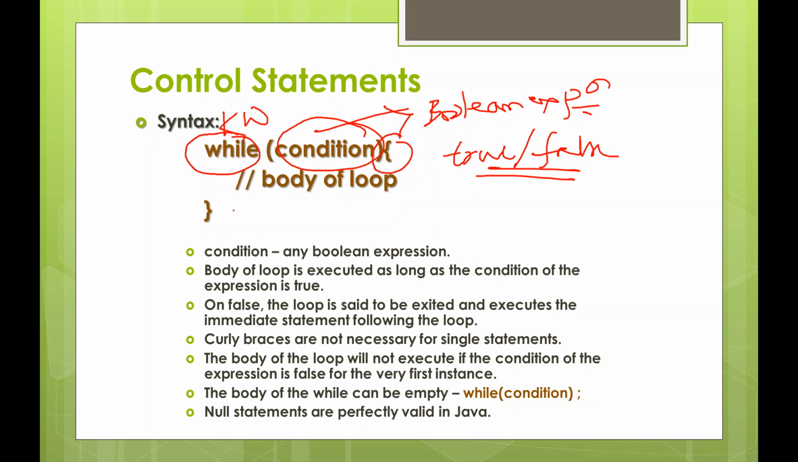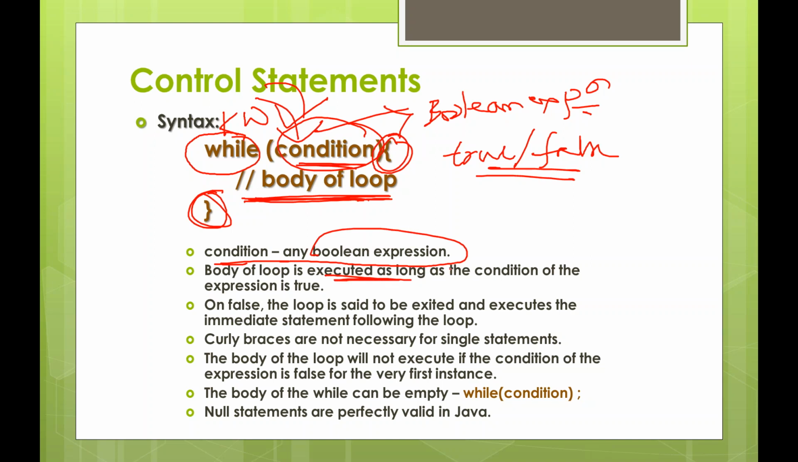Then our block of statements starts. If you have only one statement, you need not use curly braces. Whatever statement you specify is called the body of the loop. So how does this while loop execute? The condition is at the beginning of the while statement, so first the condition, which is a Boolean expression, gets executed, and based on its Boolean value